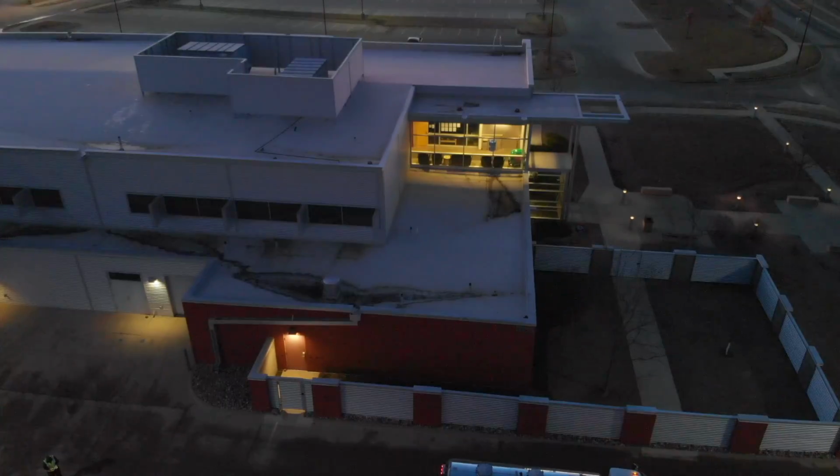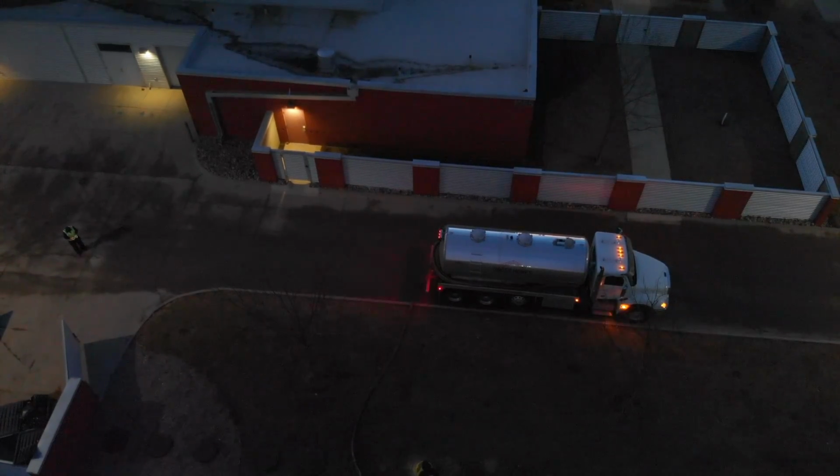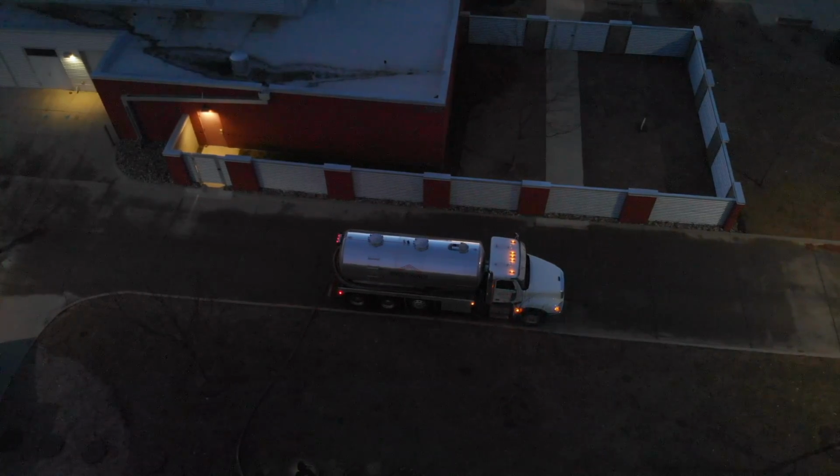They've got all kinds of restaurants. They've got a big IMAX theater going in. They've got a bowling alley going in, and fitness center, and like I said, all kinds of restaurants and bars and everything. But I've always wanted to get the drone up in the air and take an overhead view of